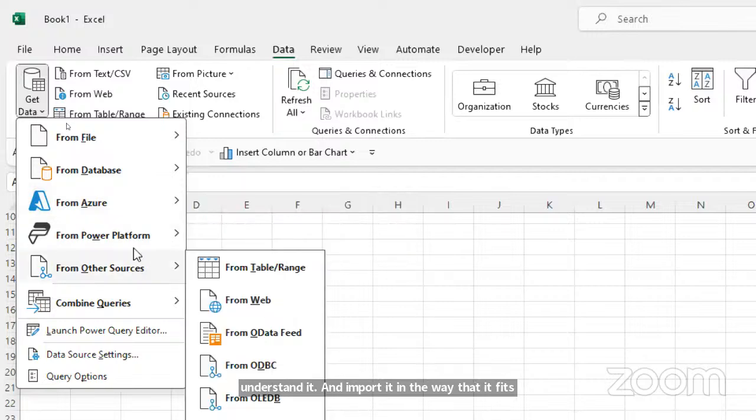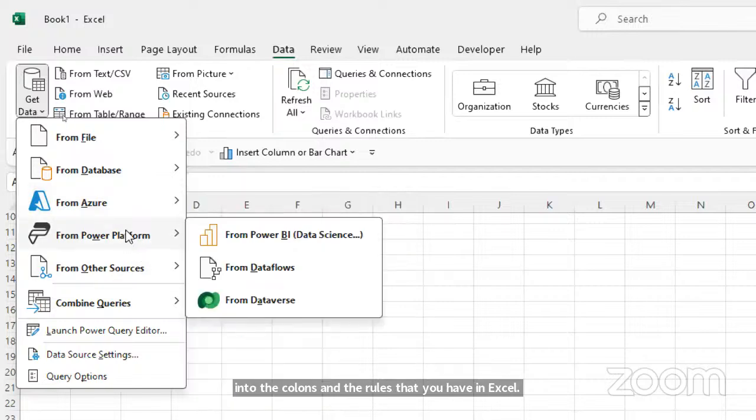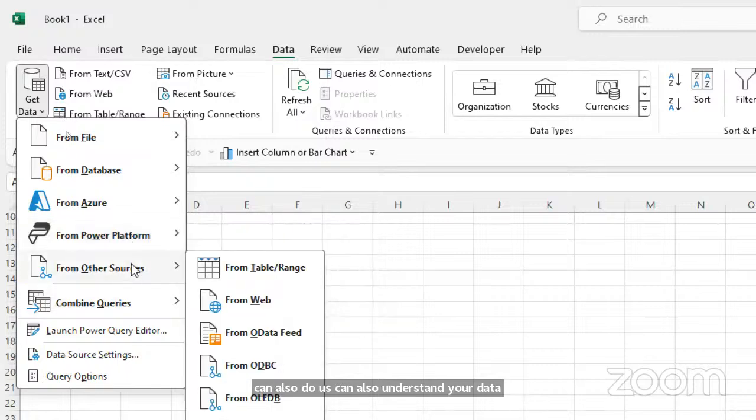So you can do from Power Platform like Power Query, Power BI, and the like. Basically, Power BI and Excel share the same query engine, which is Power Query. So if Power BI can understand your data, it means that Excel can also understand your data. Then we have other sources like